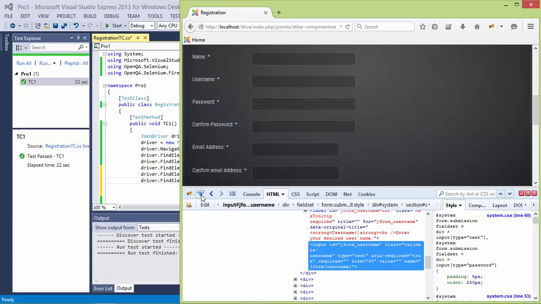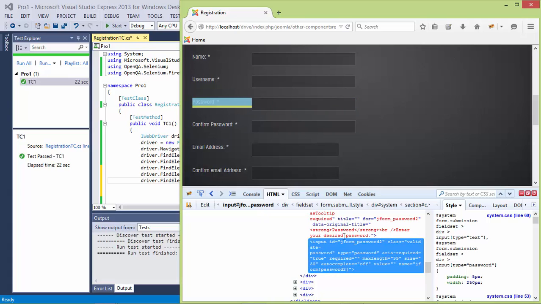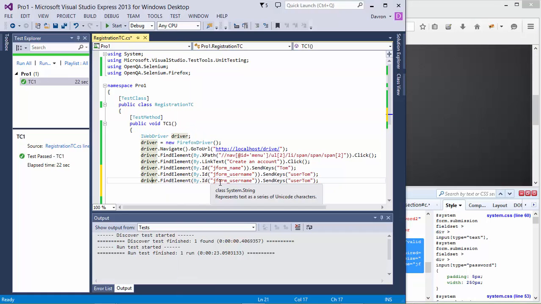You can click this arrow and bring it to that element and click, and it gives me the ID. I copy that ID and replace this ID here. And what's the password? Pass11, and I'm just going to copy,